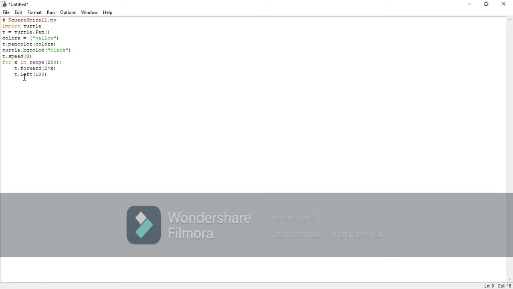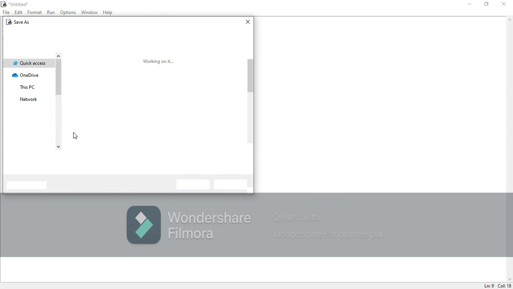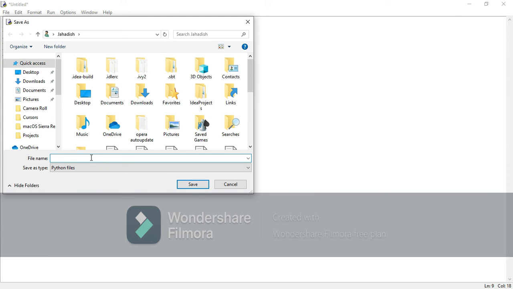How many degrees? 100 degrees. So now save it as your homework or anything. I'll just type my homework. Don't leave any space. Okay, I already did this file, so I'll use another word.